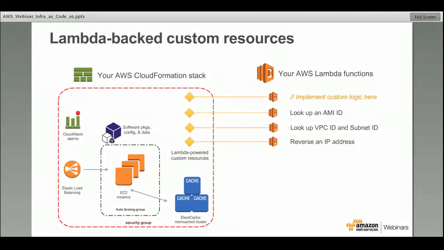Or let's say you have a VPC and a subnet setup, and you want to provision all your CloudFormation stacks in the right subnet that is designated for those stacks. In that case, you don't have to explicitly pass in the VPC ID and a subnet ID as a parameter. You can just write a Lambda function that looks up and returns those subnet IDs and VPC IDs when you're provisioning that stack.